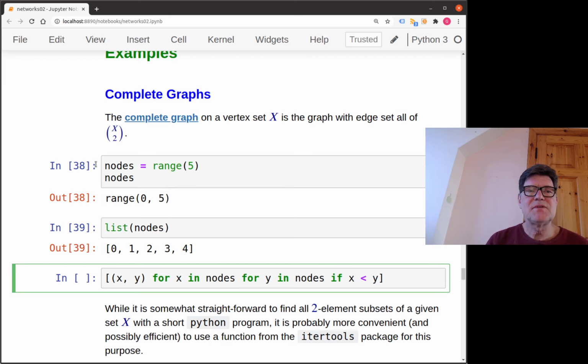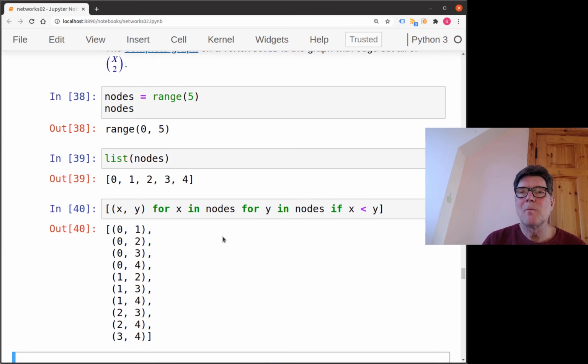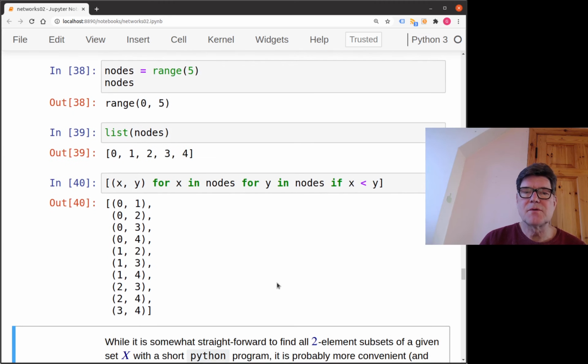And to list all these 2-element subsets, one can use list comprehension to make all pairs of nodes X and Y, with the condition that X is smaller than Y, so as to not overcount pairs. And we get the list of all, how many, 5 choose 2 is 10, 10 pairs, 10 subsets, 2-element subsets of this set of nodes. Well, that's, I guess, somewhat straightforward, but maybe